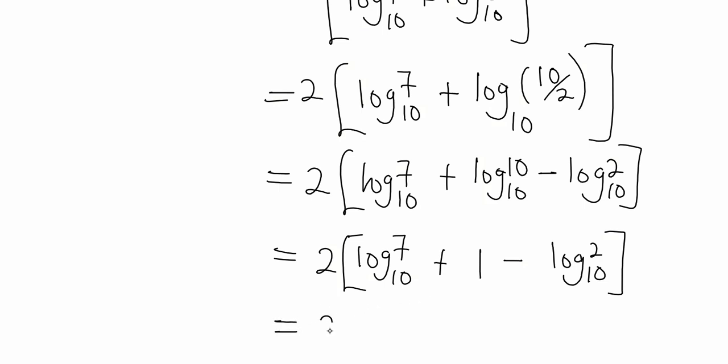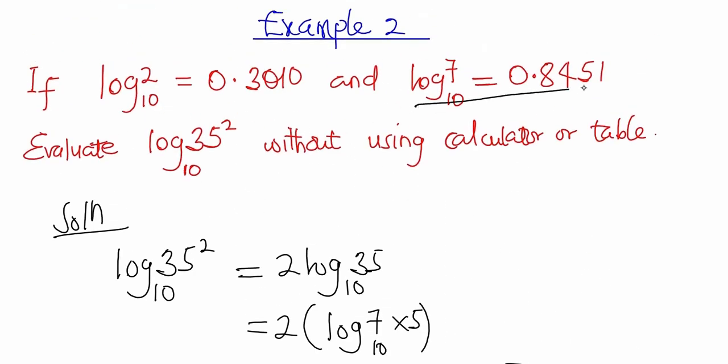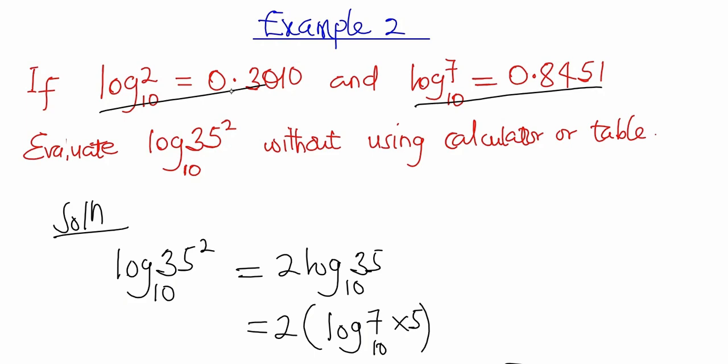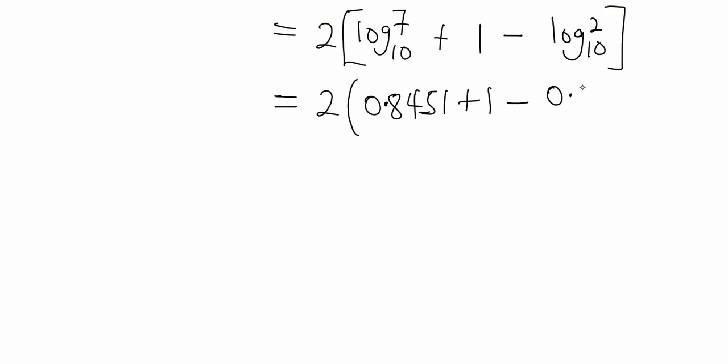In the question, we're given log 7 base 10 as 0.8451, so we do the substitution here, and we have 0.8451 plus 1 minus log 2 base 10, which was also given in the question as 0.3010. Now, when we add the numbers in the bracket, we are going to have